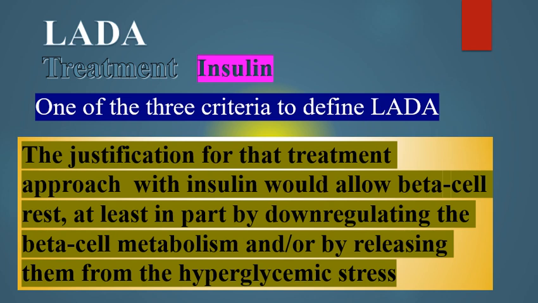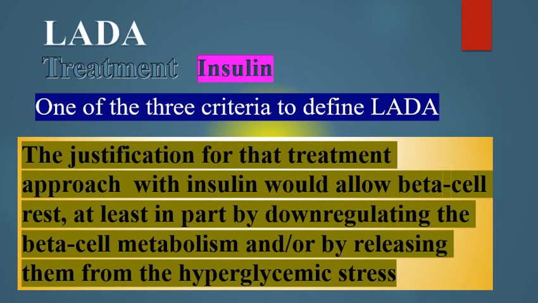We should move from oral hypoglycemic to insulin. And why should we give that patient insulin? This insulin would allow the beta cell to rest, and